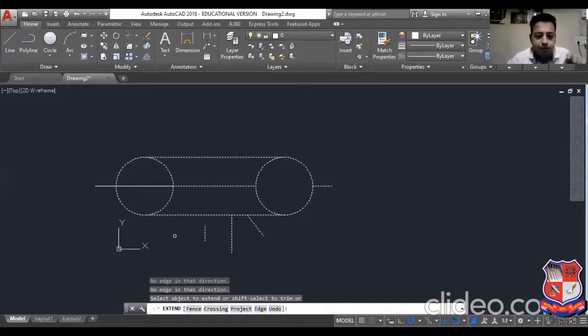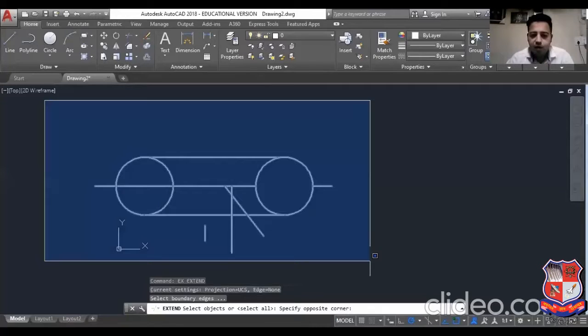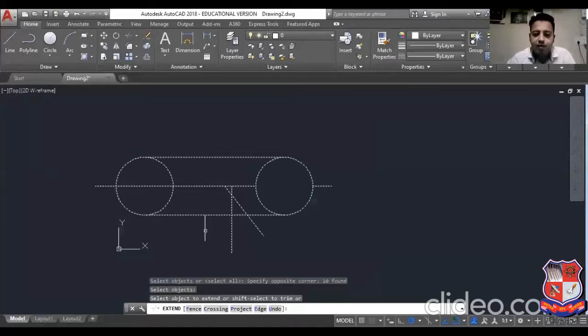Okay. Again, I will do fence. Okay, this does not happen because it will extend like this. See, yeah. So now EX enter, select the option, enter, and you can make extension like this. Okay, you can also make extension like this. It means if you have a boundary, up to that boundary only you can do extension. Apart from that or behind that, you cannot do extend operation.